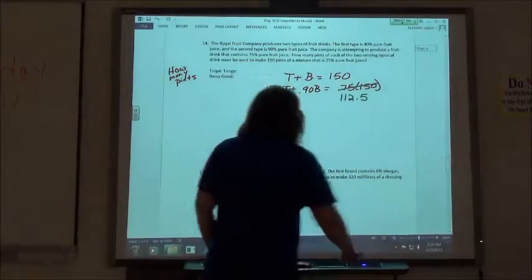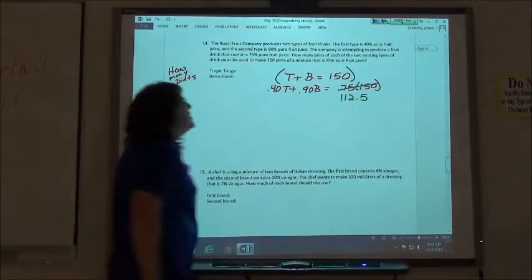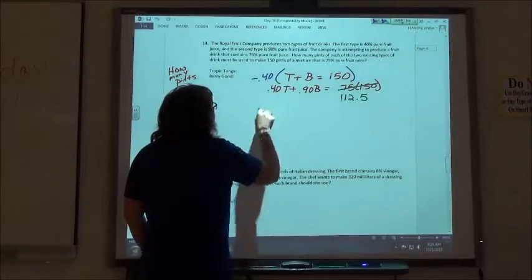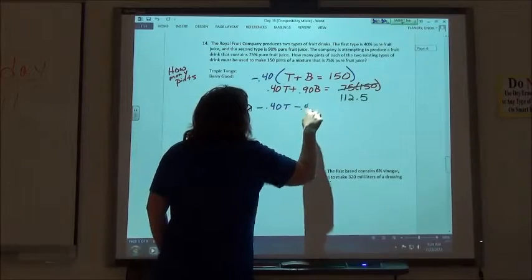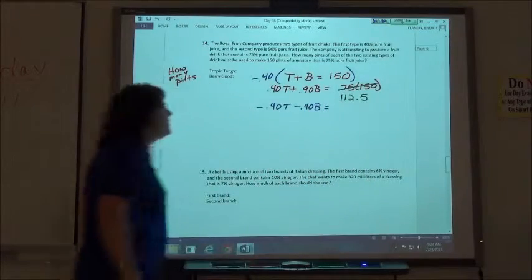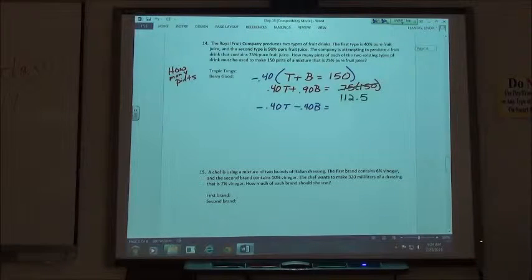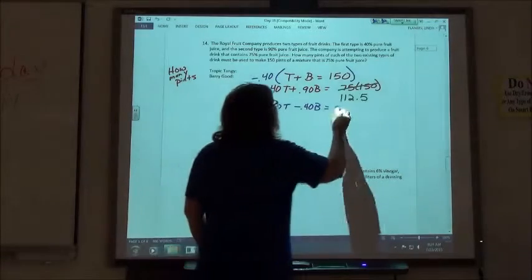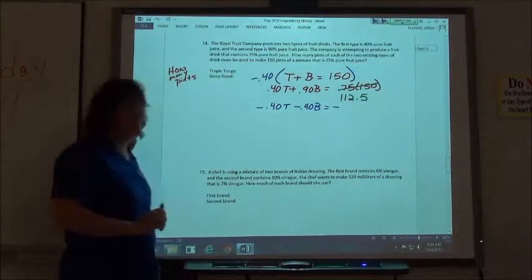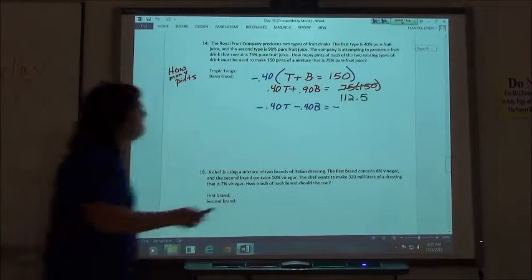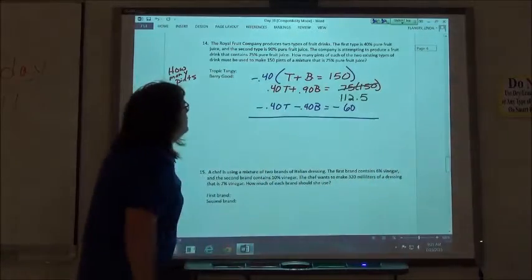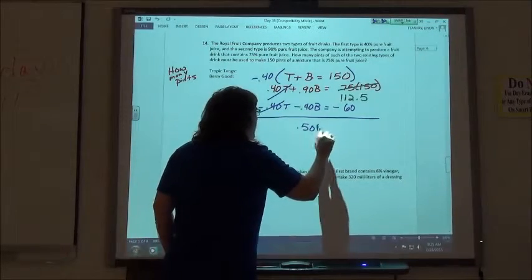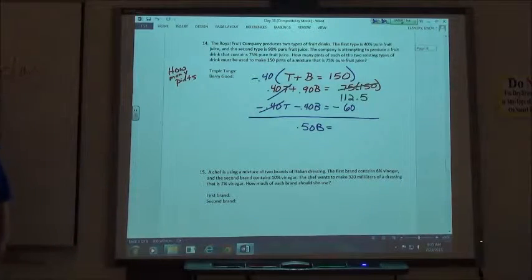Okay, so if we decide to solve that by the elimination method, we might multiply the top equation times what? Negative 40%. So negative 0.40t minus 0.40b equals negative 40% times 150, which is negative 60. So the t's cancel out. 90% minus 40% would be 50%. And 112.5 minus 60